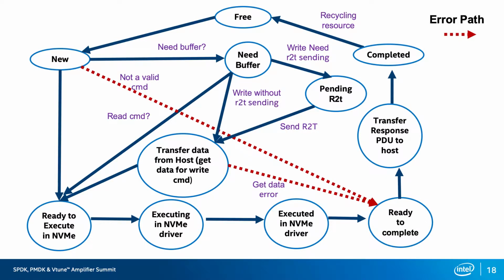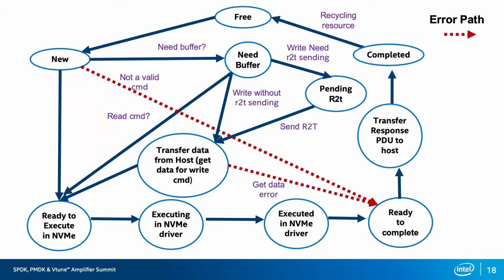And if it is a write command, we know that according to the definition of the write support, we need to send the R2T to the initiator. Then we will need to wait a status to wait for the R2T slot. Since we know that in the protocol there are restrictions for the R2T numbers. So if it can allocate the R2T slot, then we send the R2T PDU to the initiator, and finally we